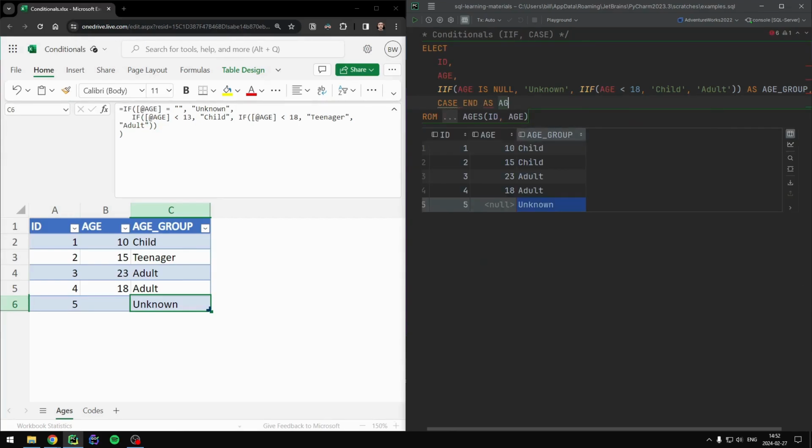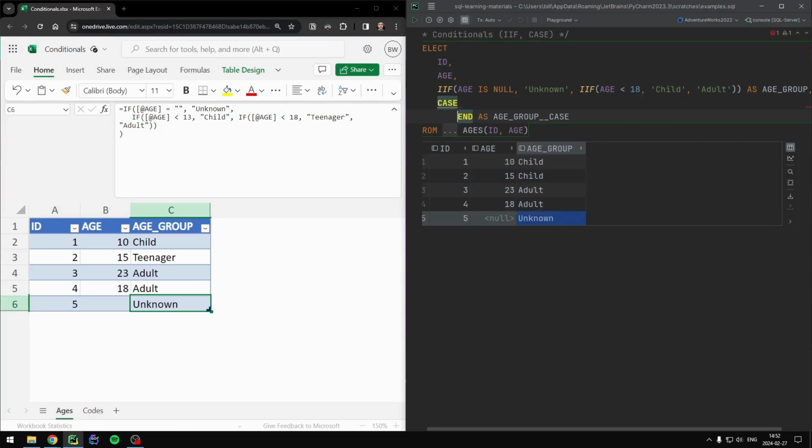So I'm going to also call this age group, and I'll put case on the end so that we know it's slightly different. What goes inside case end? You can think of these like the brackets for a case end statement. This is the start, this is the end, but what goes inside them? Well, inside a case end statement,